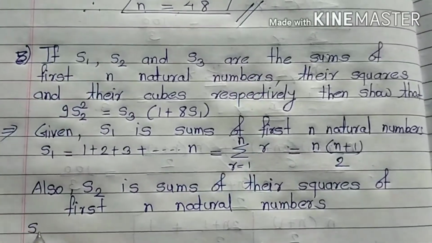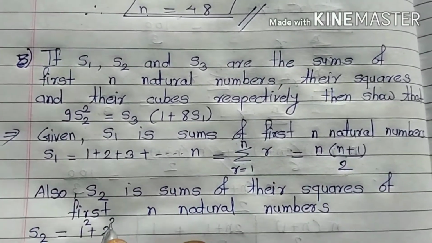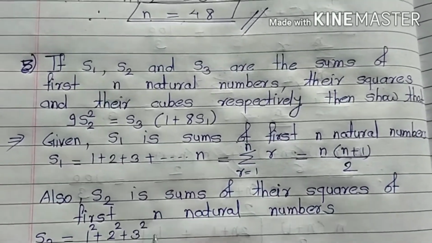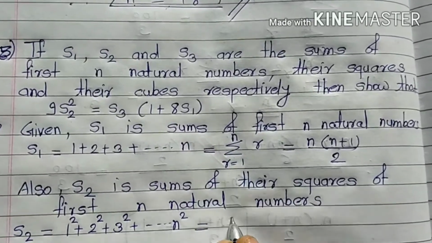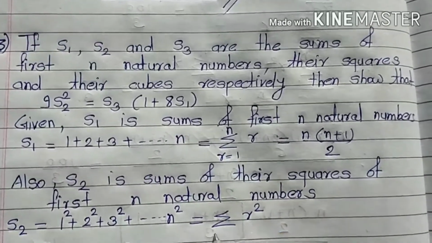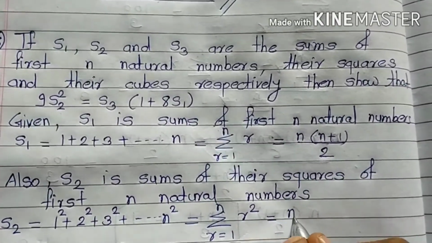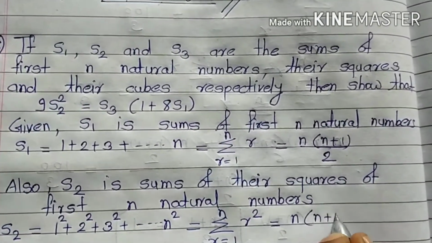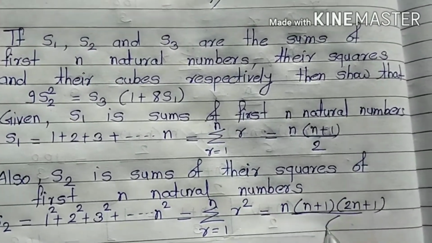So S2 is equal to 1 square plus 2 square plus 3 square plus up to n square, which is equal to summation of r square, where r runs from 1 to n, and here we know the formula n into n plus 1 into 2n plus 1 upon 6,